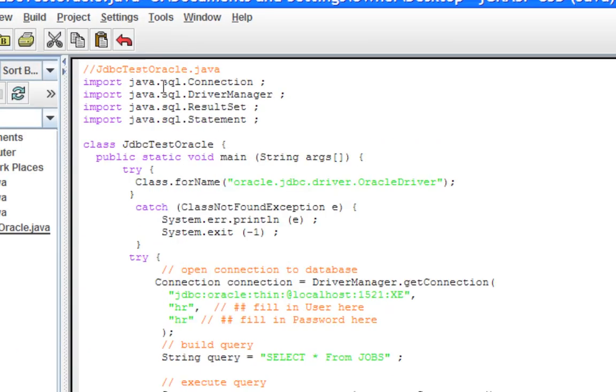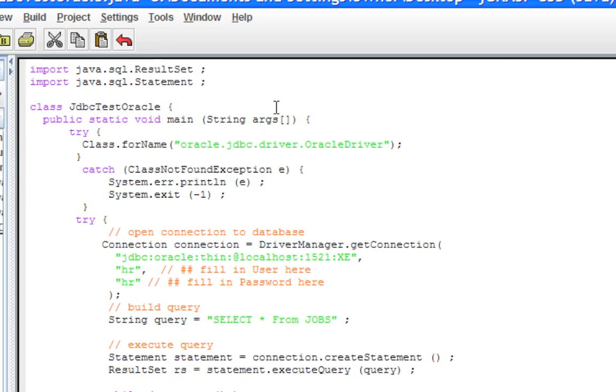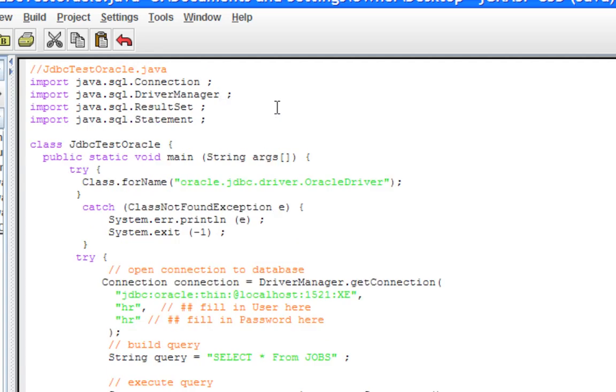So what I've got now in here is the basic 6 steps that I went through in the PowerPoint; all 6 steps are in here. The only thing different about this program than in the PowerPoint is that I didn't show you the imports. So we import the SQL connection, the driver manager, the result set, statement. I did this all manually. You could probably put it all in one import and not break it out at this level if you wanted to. But I did this for illustrative purposes so you can see that these are the components that we're using